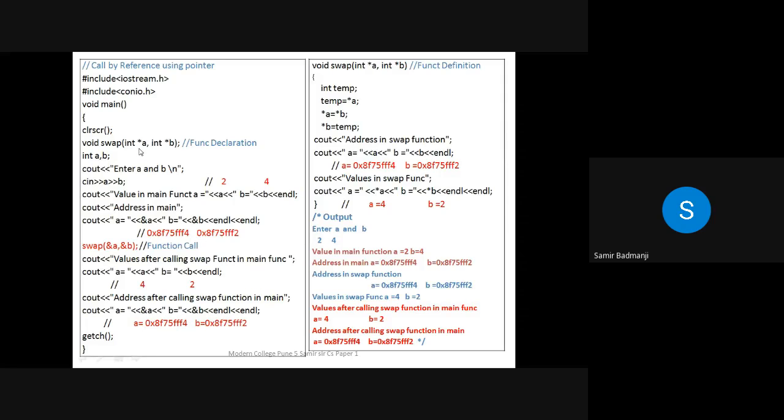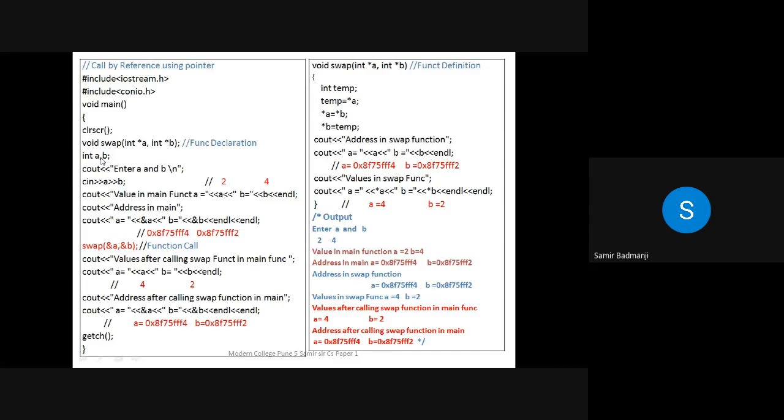Now see the difference between call by value and call by reference. In call by value, we were just passing the values, whereas here we are passing the addresses of that variable. Now we had seen last time what we mean by pointer. A pointer is a variable which stores the address of another variable. Now this is a function declaration, swap. So two pointer variables we have declared here, int star a and star b. So a and b are nothing but the pointer variables.